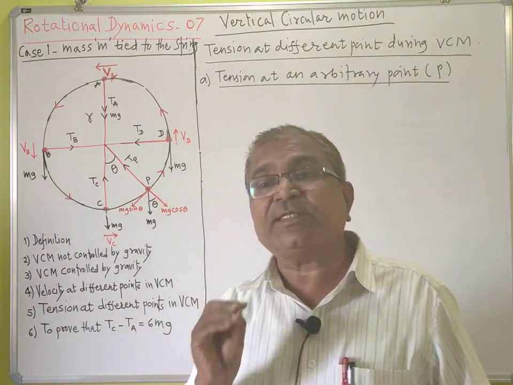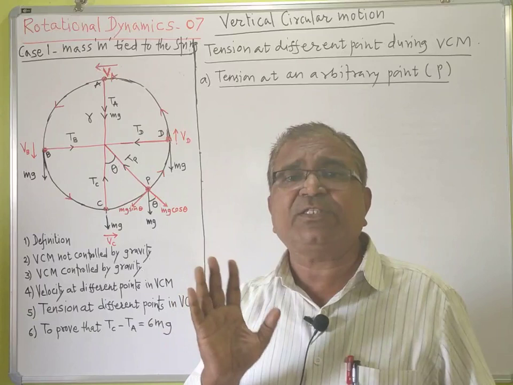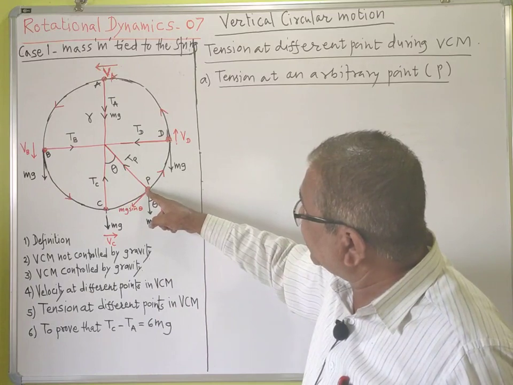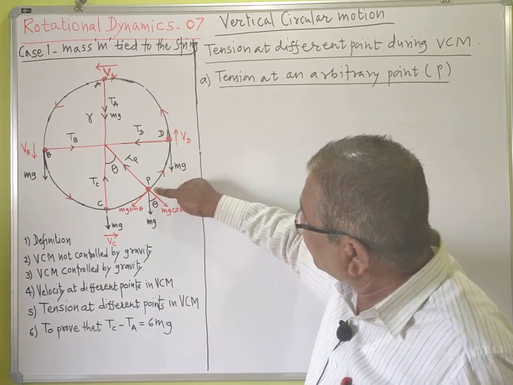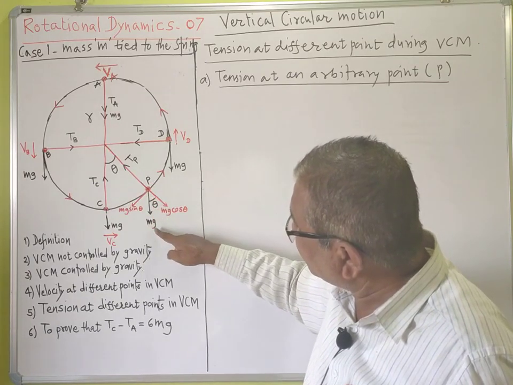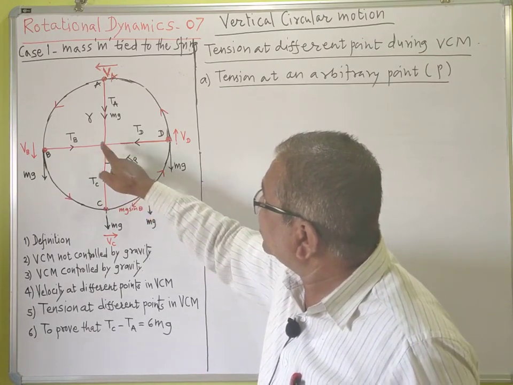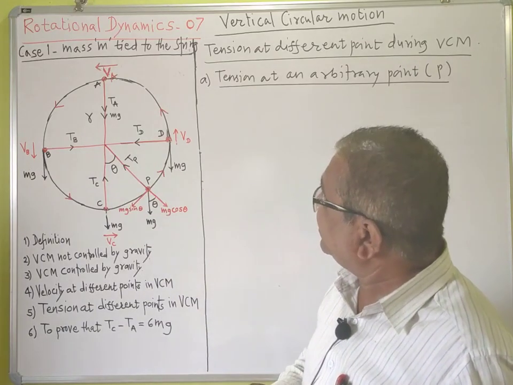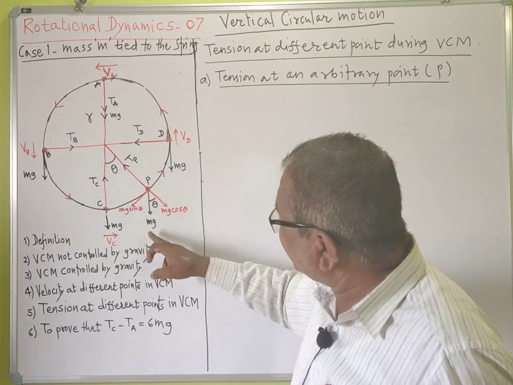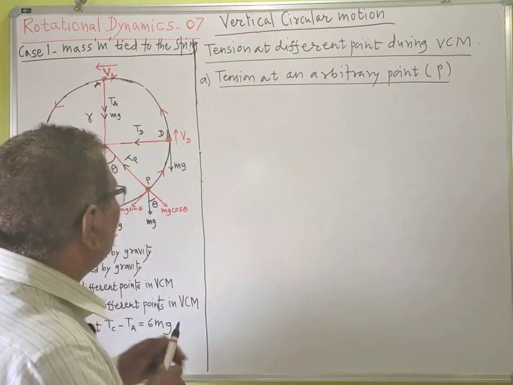These are the two forces acting on the particle when it is at point P. Such a description you will have to write in your notebook from the examination point of view, dear student. I will repeat again. Two forces are acting on the particle when it is at point P. One force is the weight itself, acting vertically downward, equal to mg, and the tension on the string is Tp, directed toward the center. Then this weight of the particle is resolved into two components.